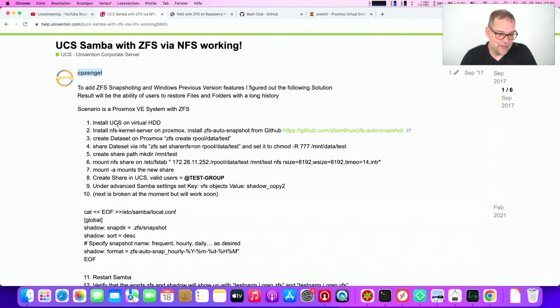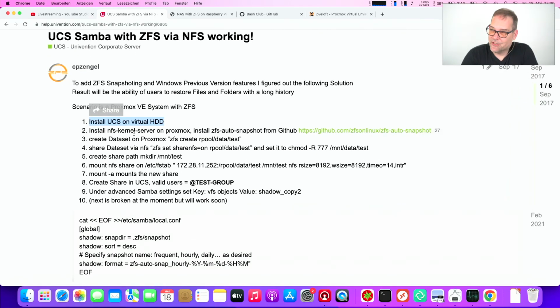And how did it work? Install Univention Corporate Server on a virtual HDD. First, the hard drive is managed by LVM. So install the NFS kernel server, apt install nfs-kernel-server on Proxmox. It's a simple command. Then